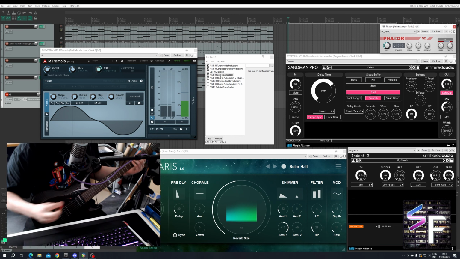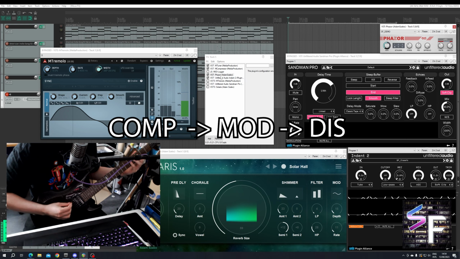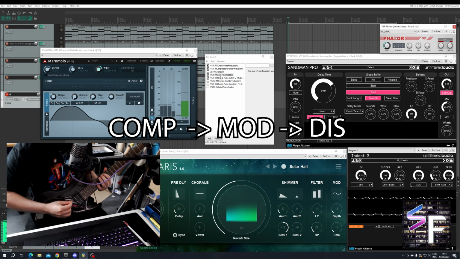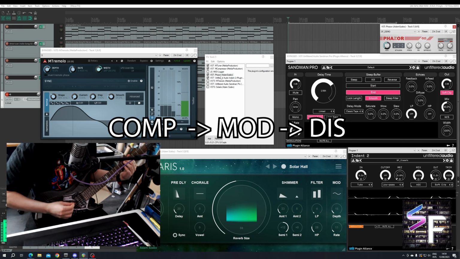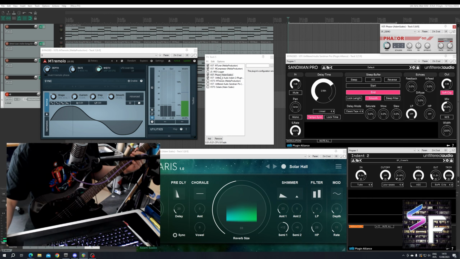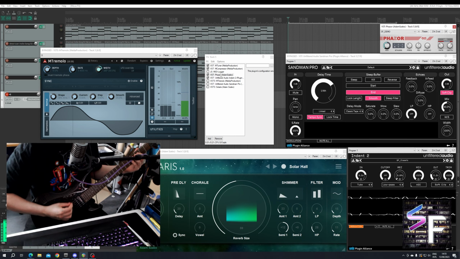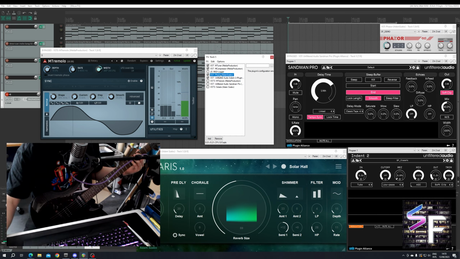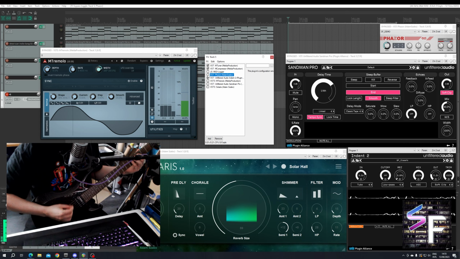Now we move it before. Really tends to fatten up that distortion sound. Because if we turn the phaser off,